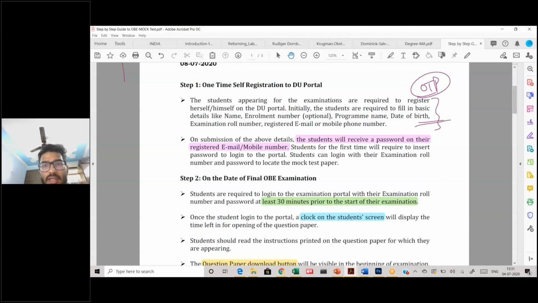If you have a problem at this particular stage, what you can do is either approach the office, or you can message me the details of your name, your examination, your roll number, everything that you need. You just message me the details, or you can directly reach out to the admin of the college. So अगर admin काम कर लेता है तो ठीक है, नहीं तो admin will redirect you to the Delhi University's portal, where you can send a mail that I have not been able to log into my account. So this is the first stage.